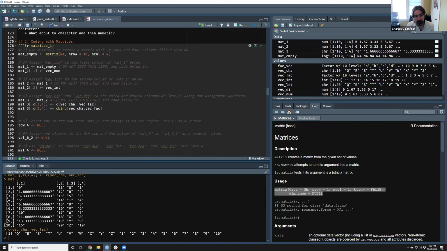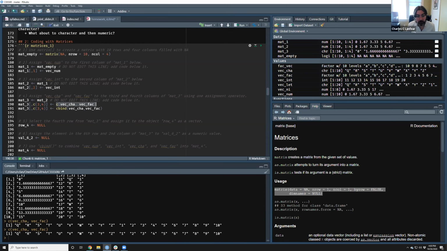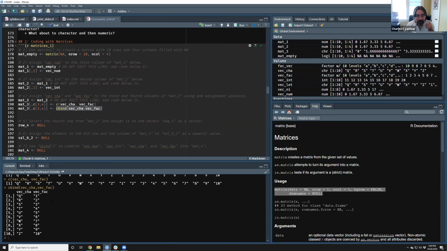The more conventional way that I normally think of would be to cbind these things together. So note what combining does here, it gives a single vector. If we instead cbind these things together, each one becomes a column in a matrix of its own.